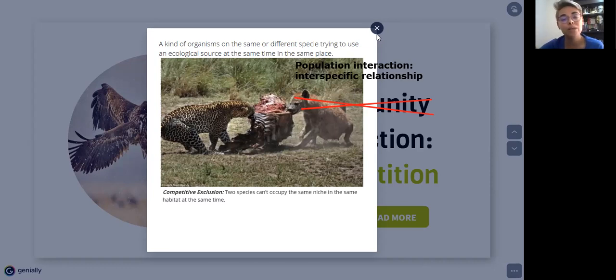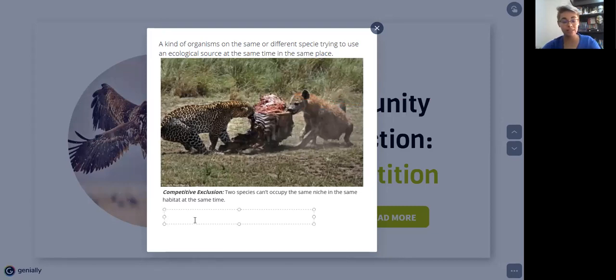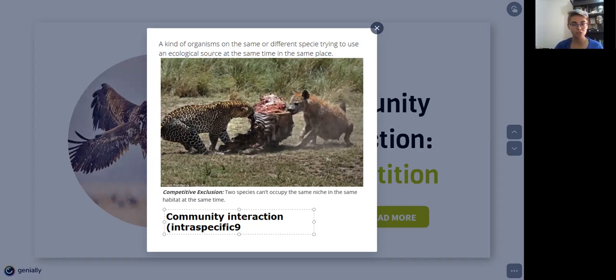But they can also fight with other species. And in those cases, yes, we're talking about community. In this case, yes, it is community interaction. And remember that is called an interspecific relationship. For example, in this special case that you're seeing here on screen, these are two different species. I think that's a cheetah fighting with a hyena for food because they found a zebra here. So what happens is that they are trying to use the resources available in the same place at the same time. So they need to compete. They're going to start fighting.